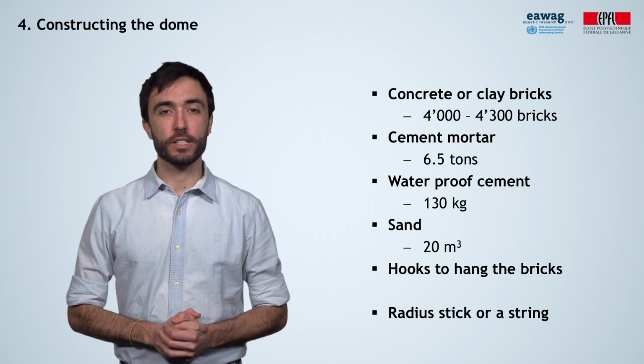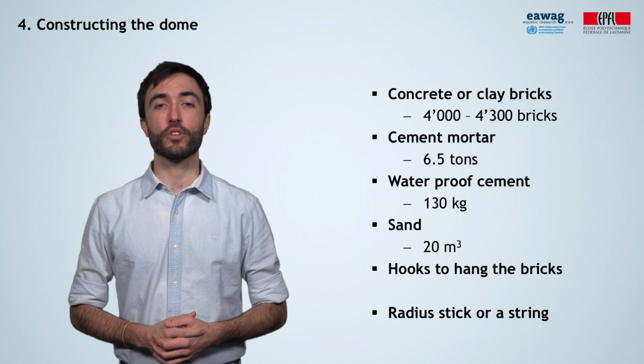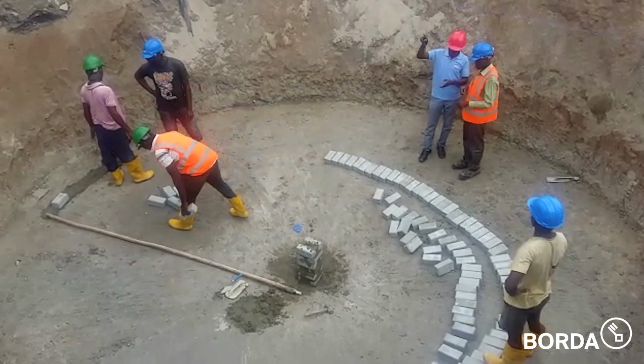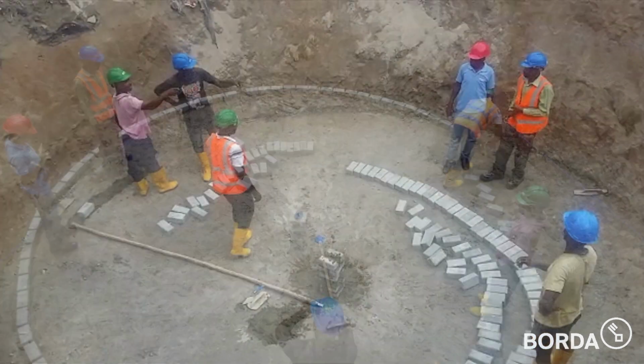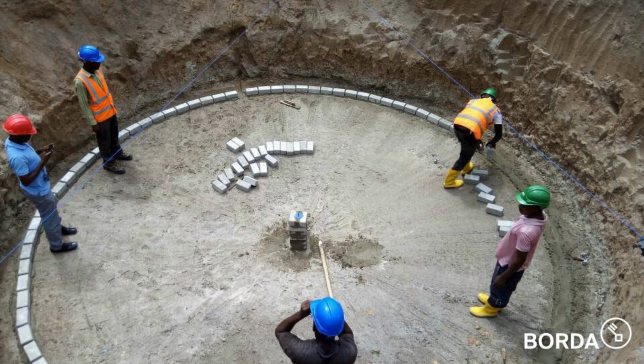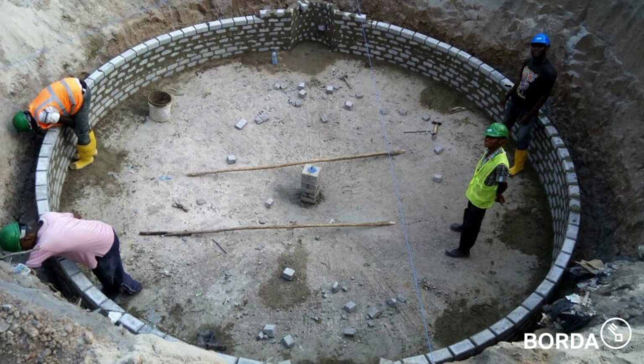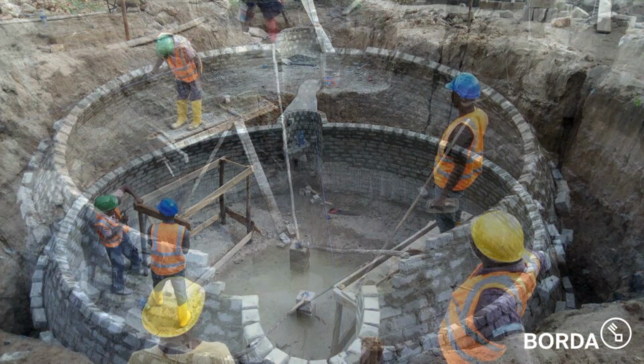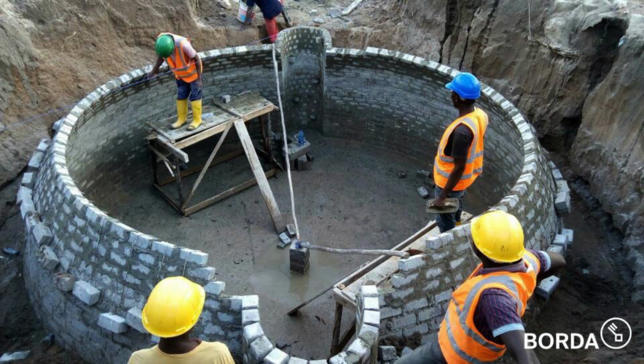Gottlob, please tell us now the steps followed to construct the dome. You can start by laying the first layer of bricks using the radius stick. Pay attention to the edges of the bricks to make sure they match well between each other, and make sure that mortar is added in all joints of the bricks, making the dome airtight. Layer after layer, continue adding bricks with ever-increasing tilt to the center. The cement mortar forms a strong bond with the bricks after a few seconds.